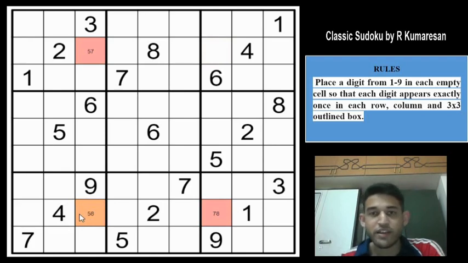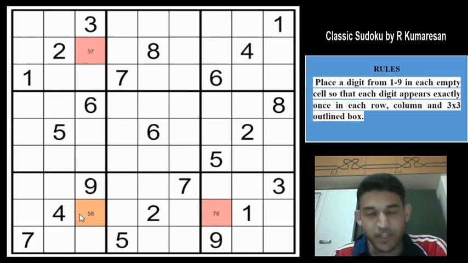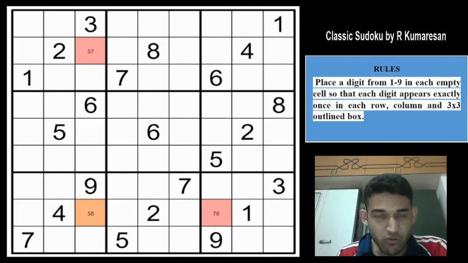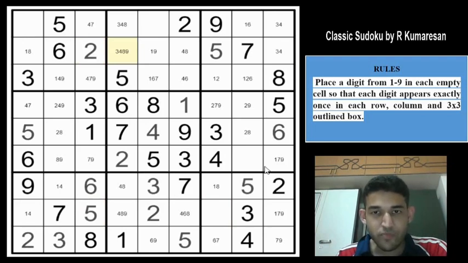This is called a Y-wing, and in harder Sudokus you will definitely see a Y-wing most of the times, and it is a very powerful technique. If you are able to eliminate and see such Y-wing patterns, you can solve classic Sudokus much faster. This is called a Y-wing. So now we will move on to the actual grid. Here I would request our viewers to pause the video and see if you can spot the Y-wing. It is slightly distributed away, so you might need to take a closer look. I will pause here for 2 seconds maybe.